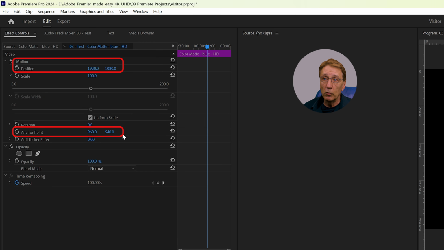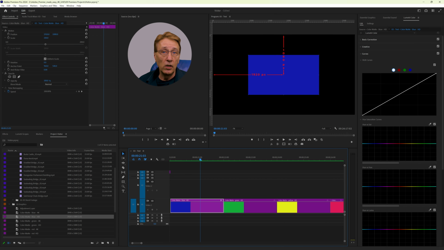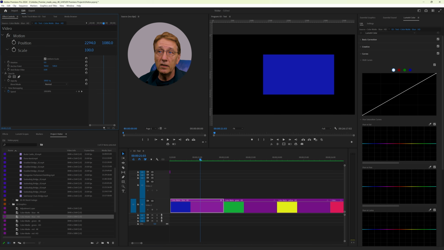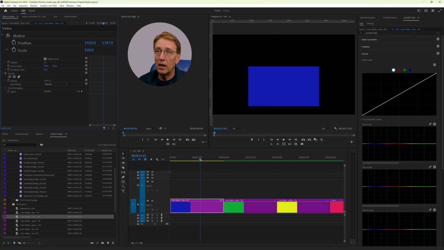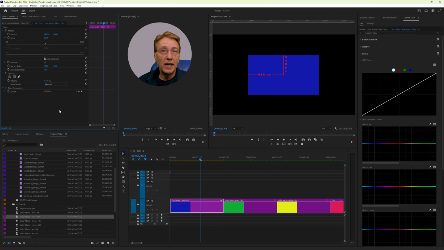and now we see the difference in the effect controls, that these numbers are not identical anymore. The x-coordinate under motion shows the value from the center to the left edge of the frame. Increasing this value shifts the image to the right. You see? And decreasing shifts it to the left. And with this crooked arrow, I can always go back to the default settings. The y-coordinate under motion shows the value from the center to the top edge of the frame. Increasing that pushes the clip down. Decreasing lifts it up. The anchor point values are measured from the center to the edge of the clip.